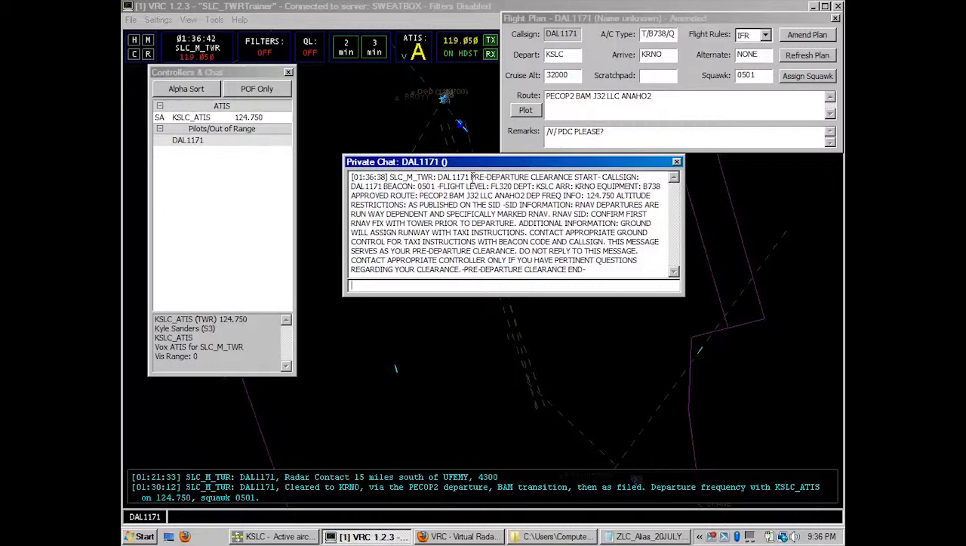It's going to send the pilot a private message saying pre-departure clearance start, call sign Delta 1171, beacon, which is squawk 0501, flight level 320, the departure location Salt Lake City, arrival location Reno, the equipment, which is a Boeing 737-800, the approved route, it'll list the entire route here, the departure frequency info 124.75, it pulled that from the ATIS here,